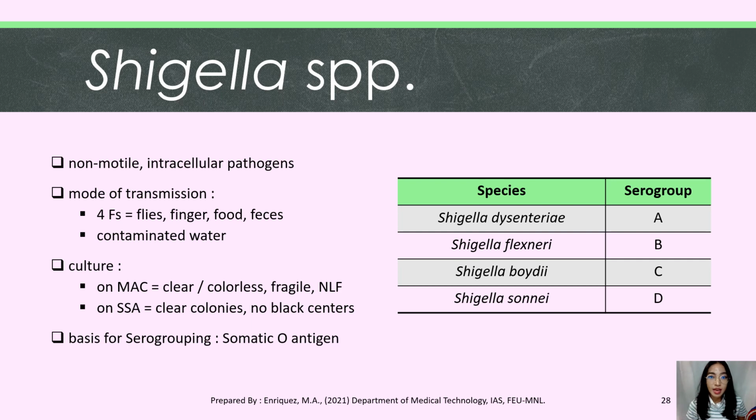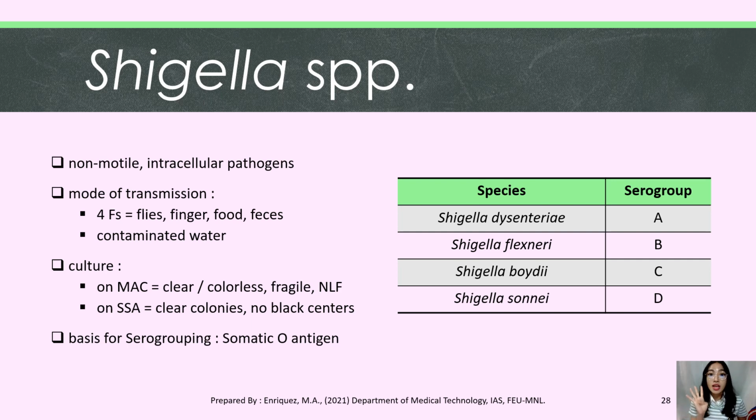Now, on MacConkey agar, their colonies look like any other clear non-lactose fermenting colonies, but on SSA, they also kind of look the same as Salmonella except that they don't have black centers kasi hindi naman po H2S producer ang Shigella species. Now, as we can see right here on this table, there are 4 different species, and they are classified